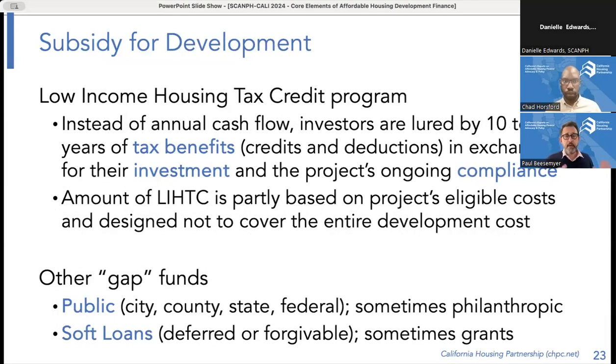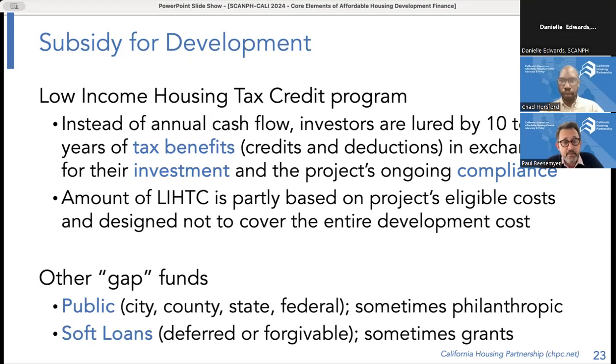So in terms of capital subsidies for development, the primary engine for affordable housing development across the country since the Tax Reform Act of 1986 has been the Low-Income Housing Tax Credit Program. You can love it or hate it. You can criticize it. You can revile it. You can embrace it like a long lost brother. But the fact of the matter is, it's one of the largest single sources of indirect capital subsidy for affordable housing creation.